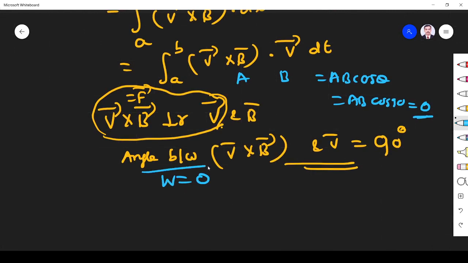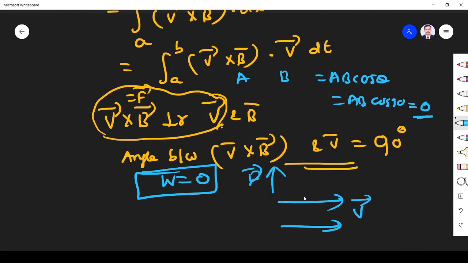This is mathematical proof, but we know that when charge is moving with this velocity, force in this direction, then what is the work it will do? It never does, because force is acting in this direction. You are moving in this direction, let us assume. Your friend is pushing you in this direction. What is the work you will do? 0. The same concept, right? So from this, what we are understanding is